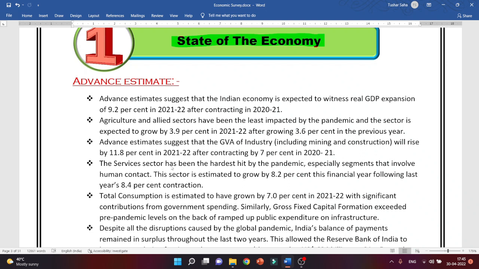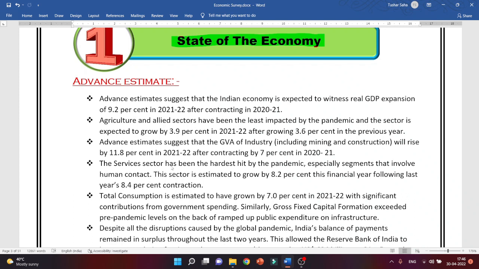framed by quoting the economic survey. For example, as per the economic survey, what did the advance estimate suggest about the Indian economy, or something like that. Means the question will directly come by quoting the economic survey. So even if the data is old, the economic survey is new for you, right? So here you will have to know each and every data point that is given in the economic survey. Now we present to you the